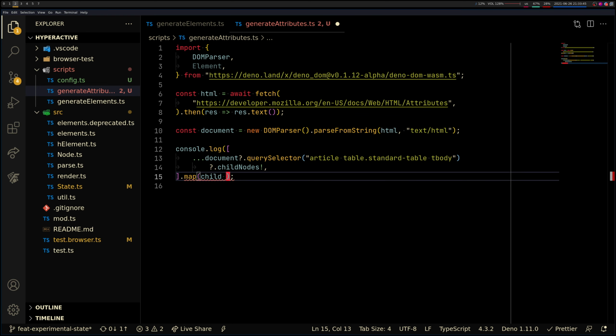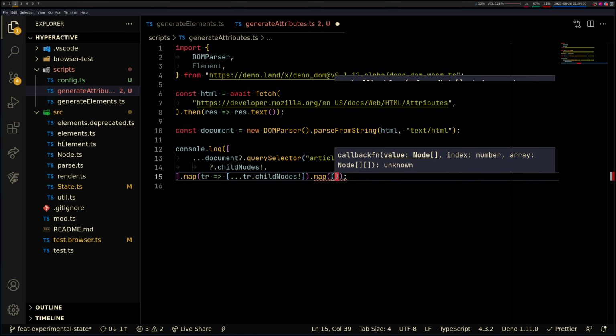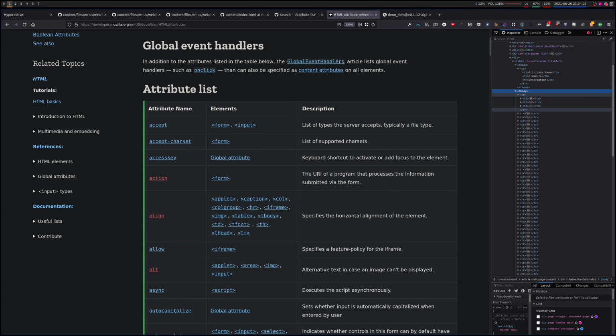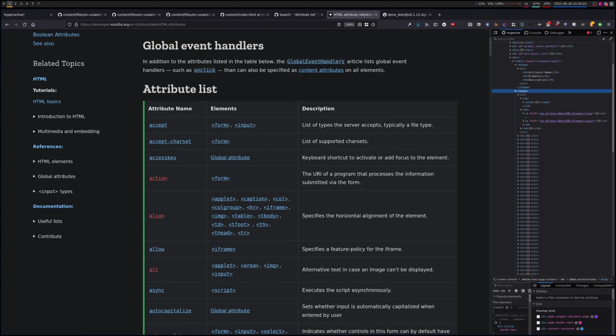For each TR, we want the child nodes of those TRs in an array, so that we can map again, and we have these two TDs. So we have attribute name and